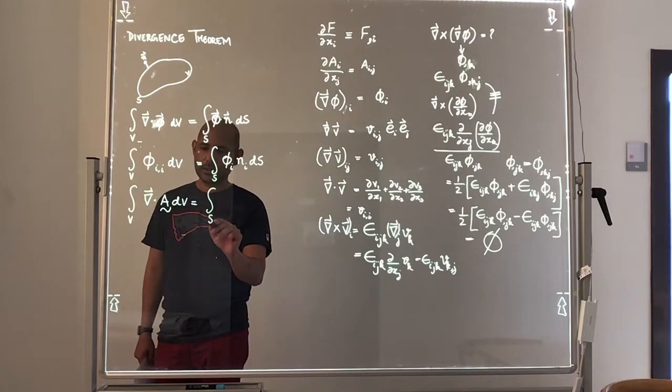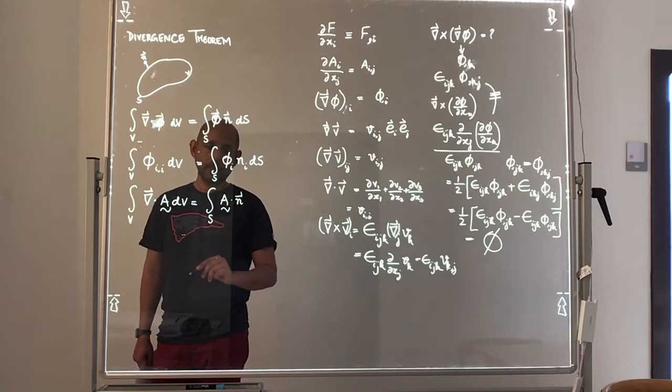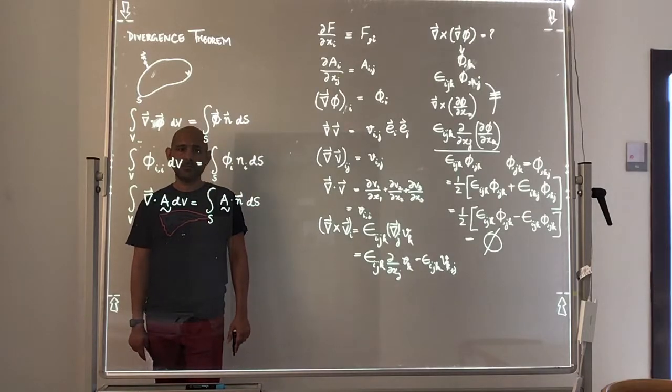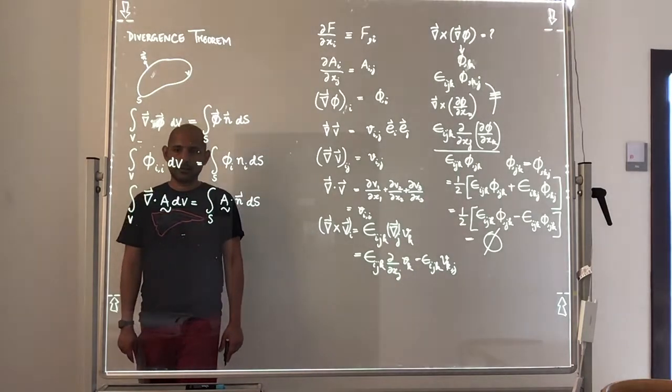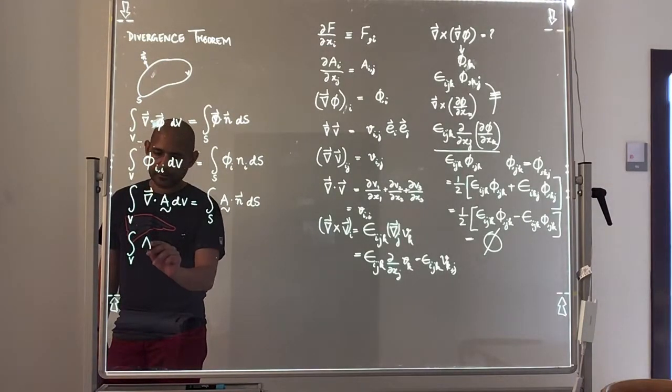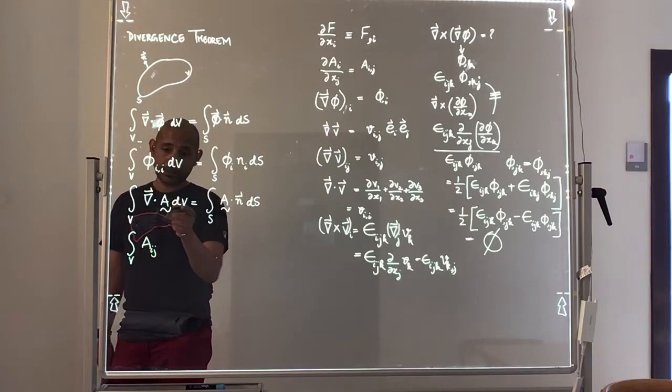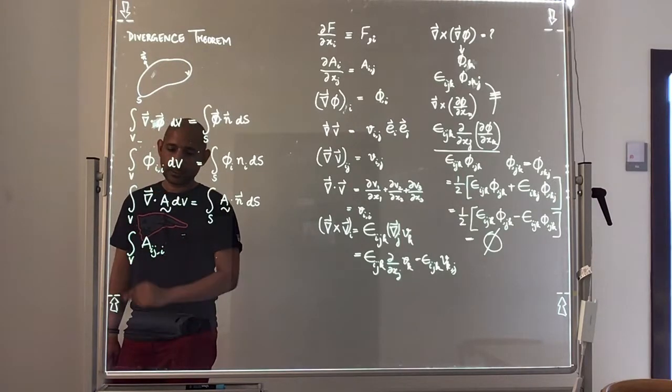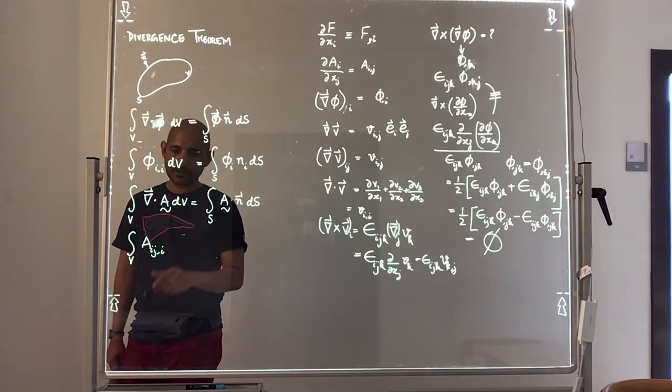This is the tensor itself dotted with a unit normal, t s. Okay? Or in index notation, and this is where the power comes. It's a tensor, so it has two indices, a i j comma i, because I'm taking the gradient, dV is equal to